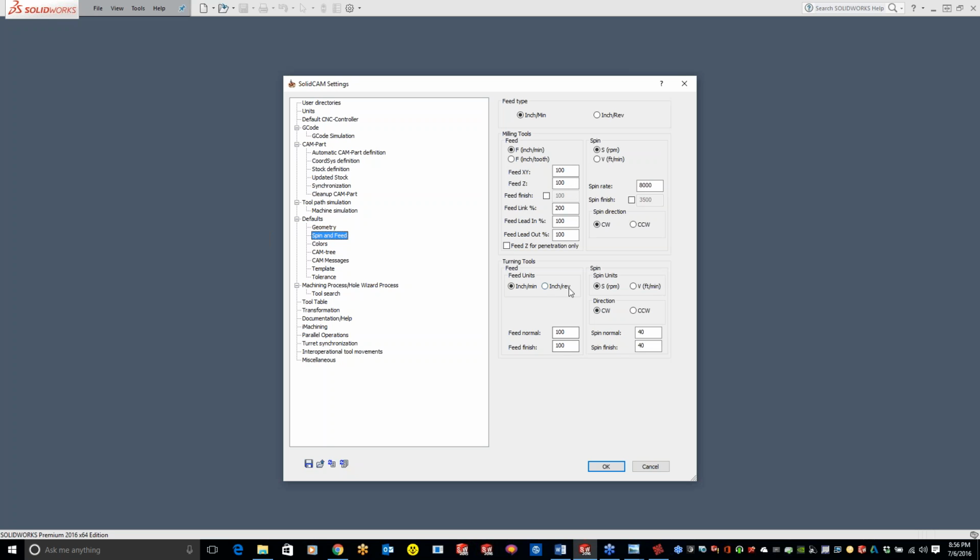And like I said, same thing with turning tools, if you want inches per minute, inches per rev, all that stuff for your spin over here. And this is all linked right to all of your standard feeds and speeds. So